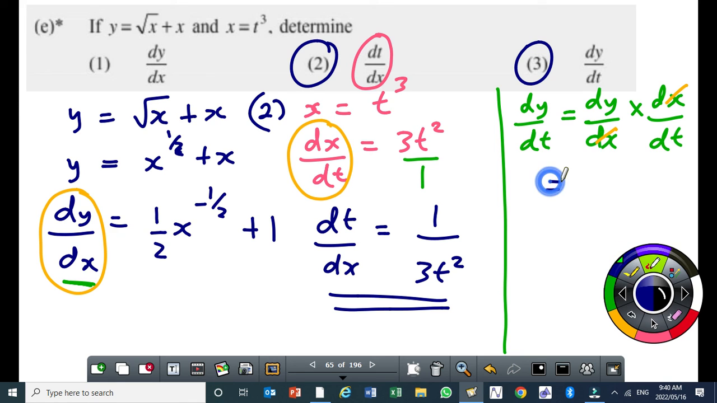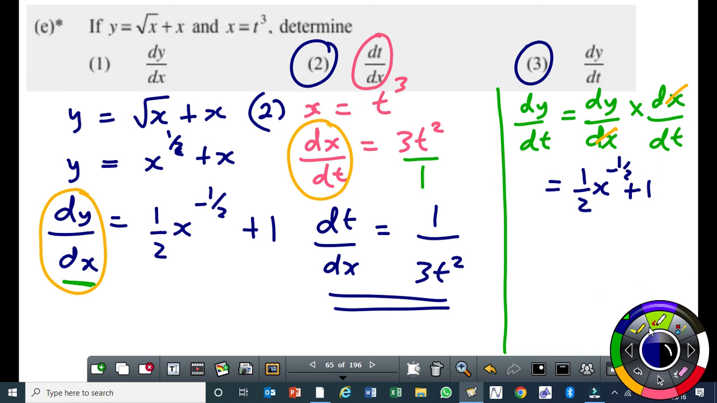So my dy over dx there is half x to the power of minus a half plus 1. Then my dx over dt is 3t squared. So that will be times 3t squared. And my final answer,